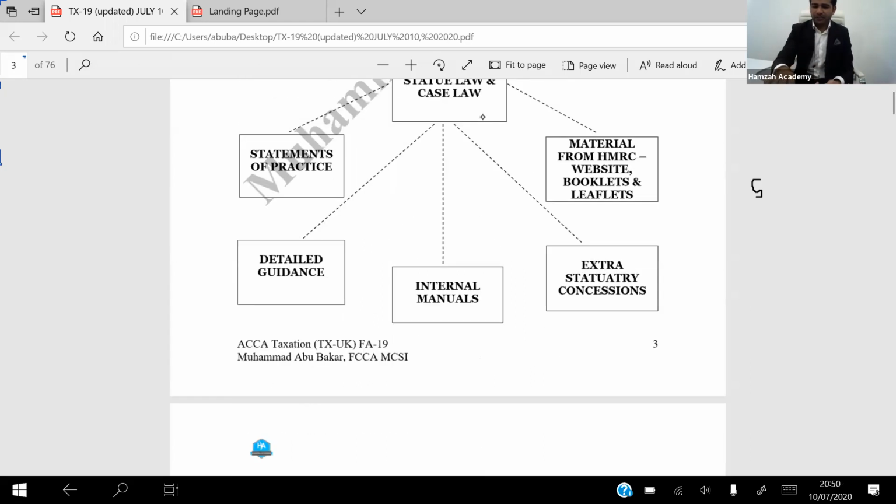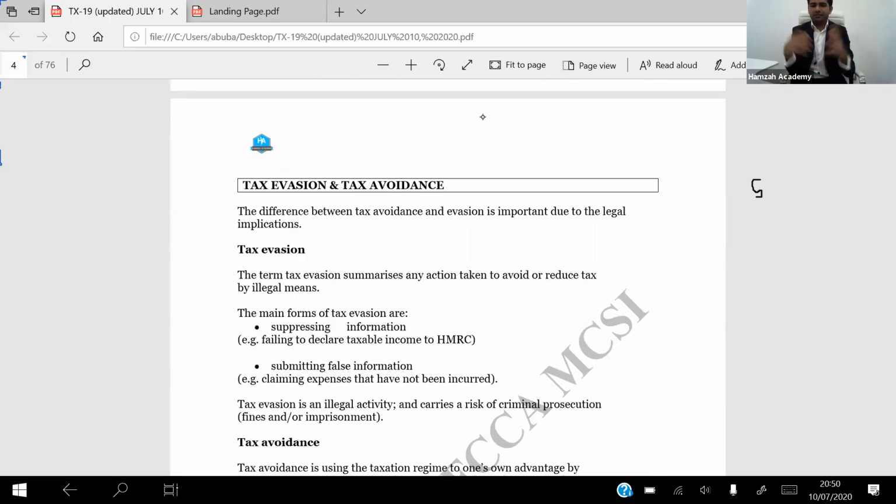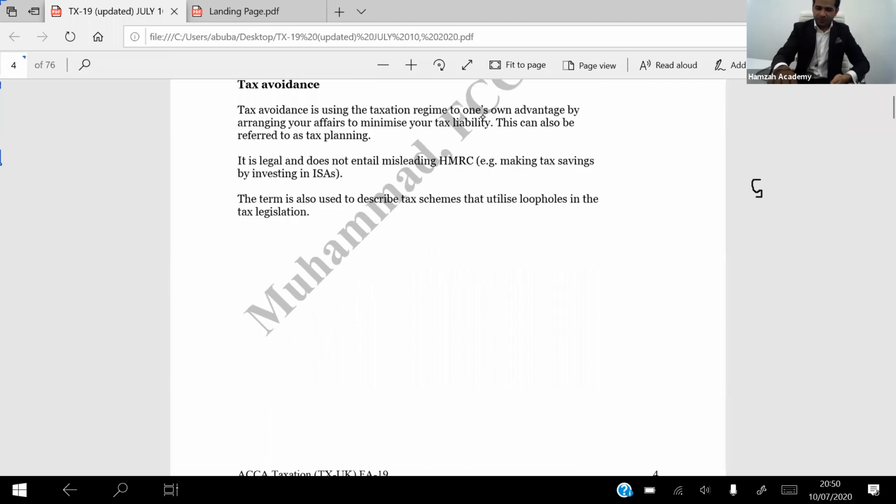And then we have our last part, which we learn, tax evasion and avoidance, my favorite part. Why? Because it defines the legality and illegality between two things. So avoidance is when you use the law to your advantage, but evasion is when you hide something, which is illegal, when you present false statements, which is illegal, when you present misleading information, that is illegal because you are lying to the department, and that is evasion because you are deliberately trying to save money, trying to pay less tax, which is illegal. So that was the first chapter of our